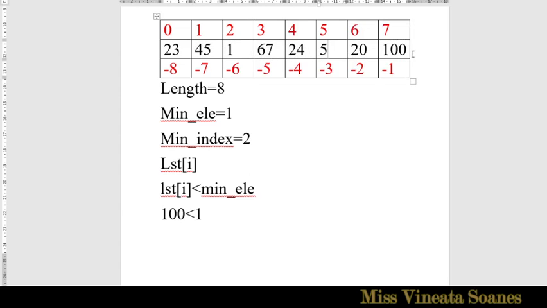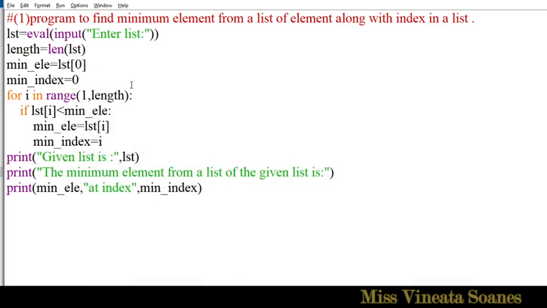So keep on going, and it'll keep on comparing with the number that min EL has. But the moment it finds a smaller one, it changes that value. The first value it stored was enough, but since this one is smaller, it will store that smallest value. And at that moment itself, it will get the index also. At that time, I will be pointing at that one because you're checking on that. So that's how you will get the index of that number also. So simple as that. You just have to print it